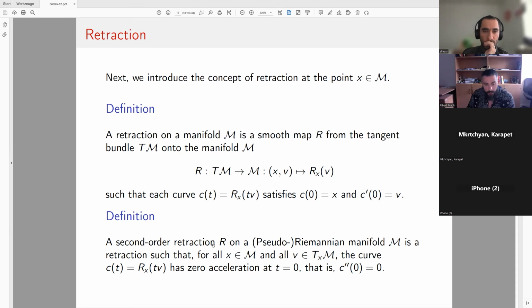A second order retraction on a pseudo-Riemannian manifold is a retraction such that the second derivative is 0. This is what physicists call geodesics, right? At the end of the day. But not all retractions that satisfy this condition are the geodesic map. This is what I want to stress, right? And I'm not opposed to the geodesic map. I just need a notion of retraction, beyond the geodesic map, that I can expand such that I can do some specific calculations. And this will help me.